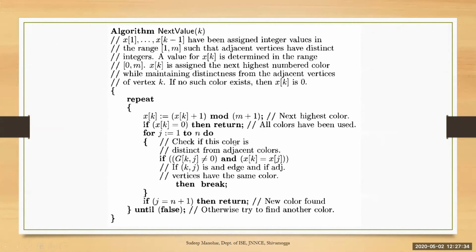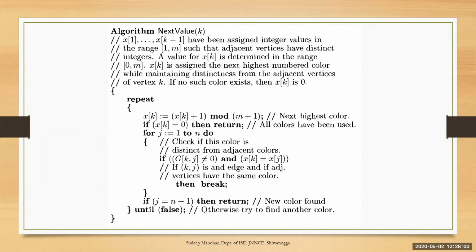Based on adjacency, the same thing happens. It will check if there is an adjacent vertex. If it is adjacent and with the same color, once again it increments the color. It will take the color number 2. If color number 2 can be given, it is given. Otherwise, once again it increments. So likewise, this will backtrack. This is the backtracking function and also the recursive function.